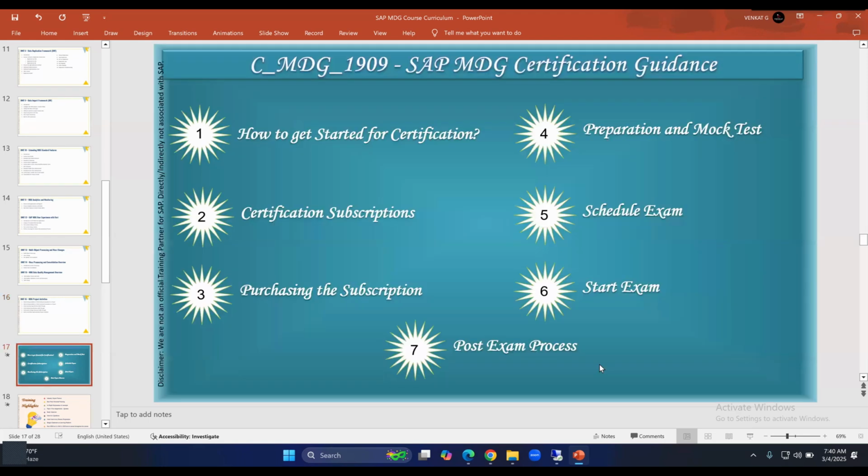So next one, certification guidance. As of now, the MDG certification code is MDG 1909, and as I read somewhere in the blogs, SAP is going to launch a new certification code soon, 2023, if I remember correctly. Okay, but we'll have a